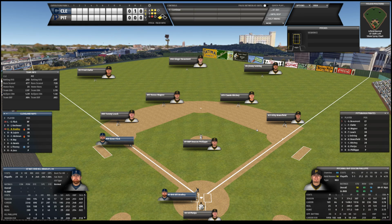All right, game 4 of the World Series with the Cleveland Naps at the Pittsburgh Pirates. It's a 3-4-2 setup, 3 games at home, 4 away, 2 at home. Cleveland Naps are away in game 4 at Pittsburgh for the first time in Exposition Park. It's a 2-1 Cleveland Naps series lead, and